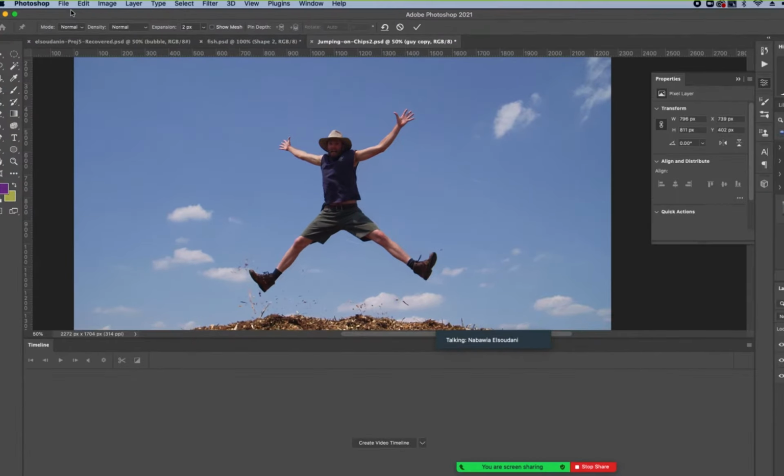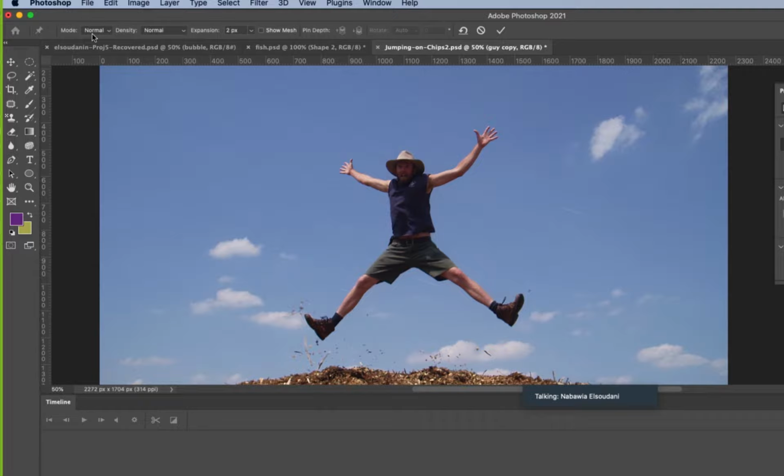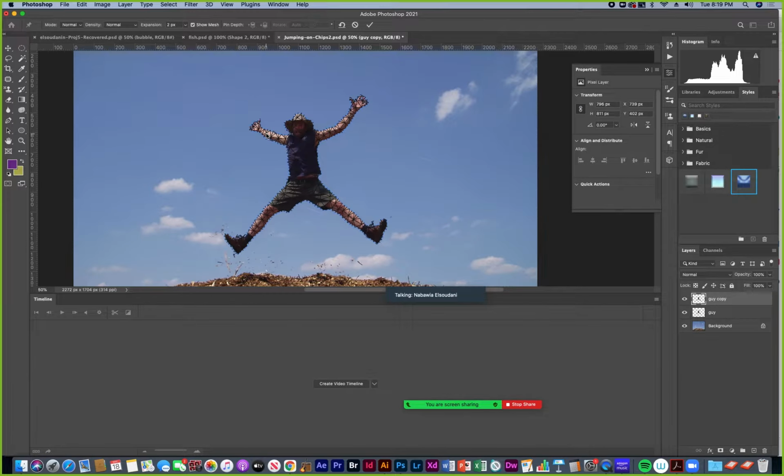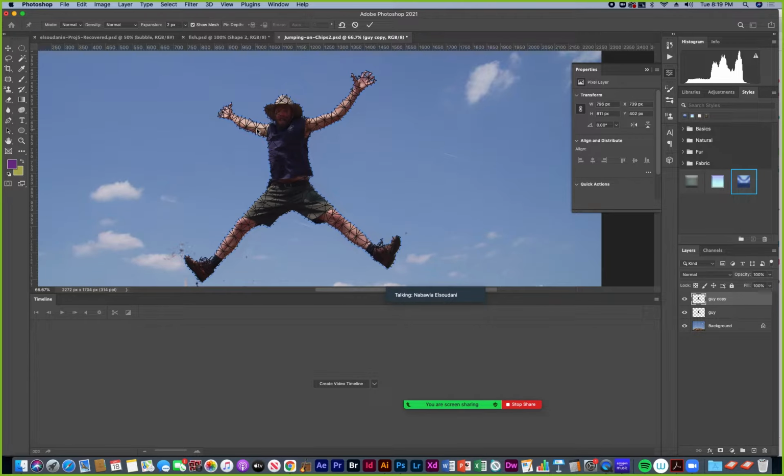So with puppet warp, let me click show mesh. It lets you add puppet pins, which look like thumbtacks when you start using them, and it's helpful to see where intersections are, because those are usually good places to add pins.